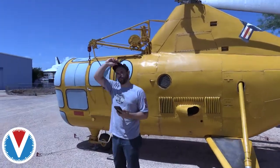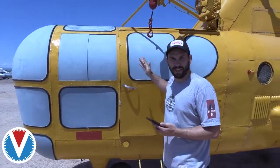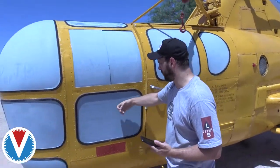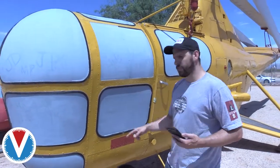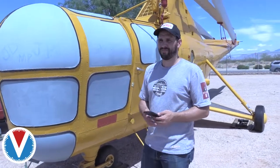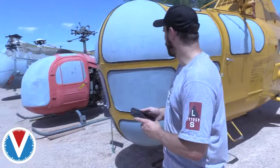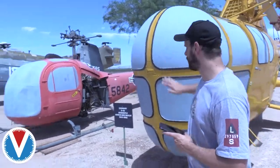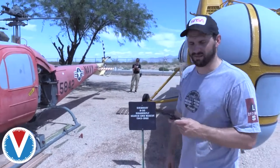Why are they hiding the windows? That's a good question. They hide the windows because these windows are all plexiglass, not real glass. Real glass is too heavy. It's all plastic, but they paint over them so they don't get wrecked by the sun, so they don't get oxidized, because the sun damages things. Wear sunscreen. That's basically these things' sunscreen. Don't paint yourself and expect it to be sunscreen. Anyway,